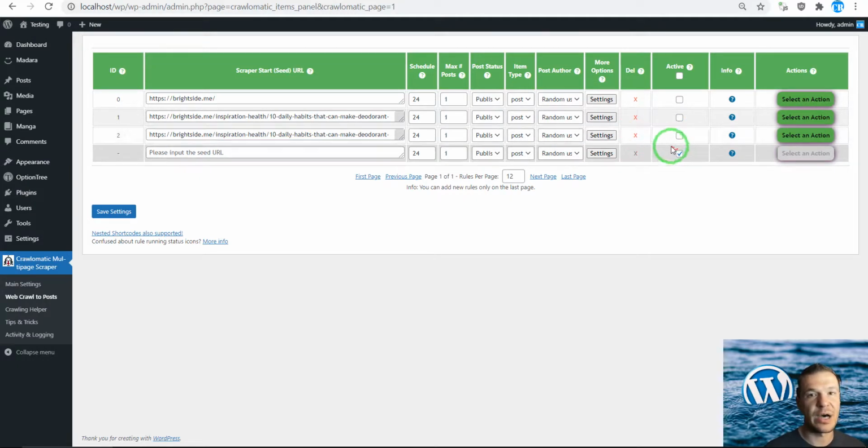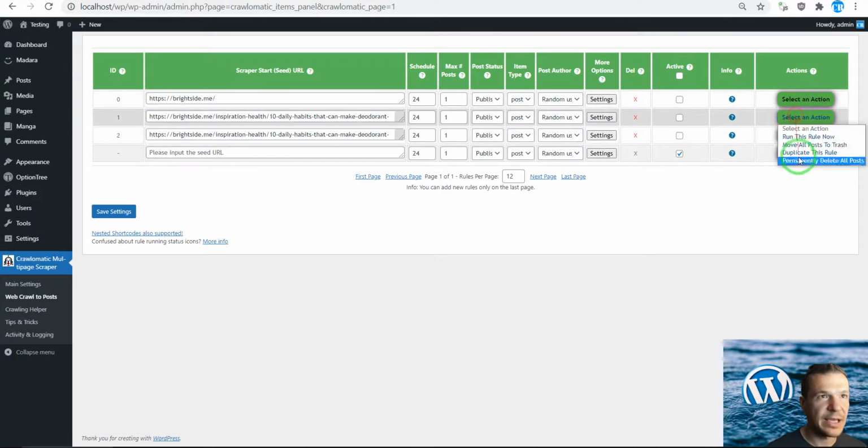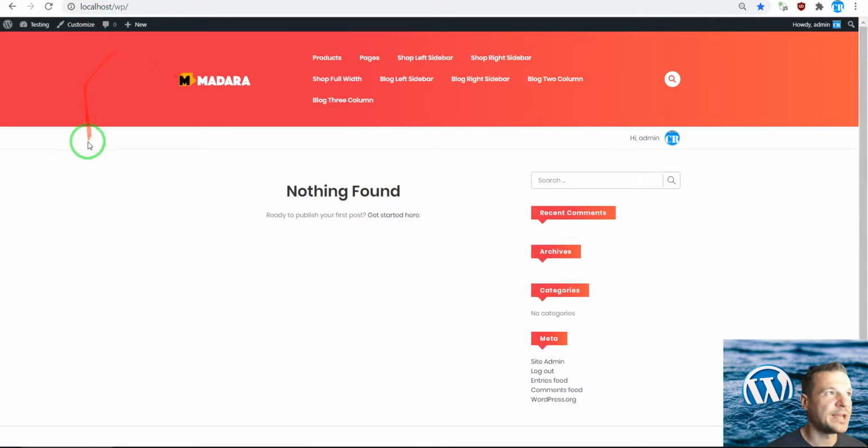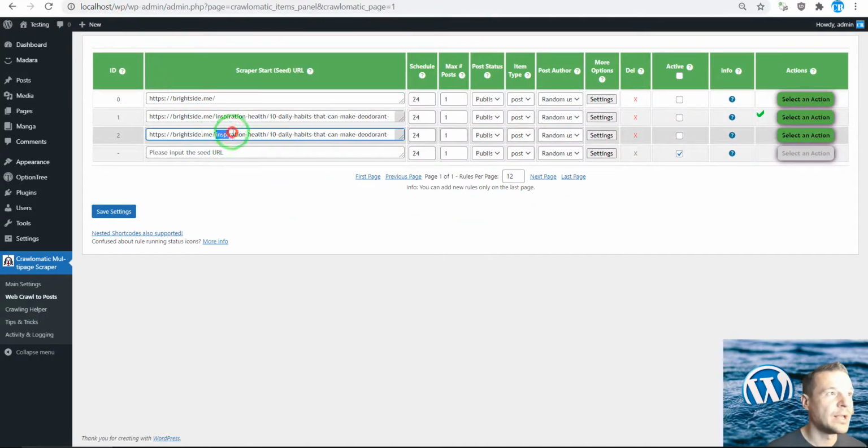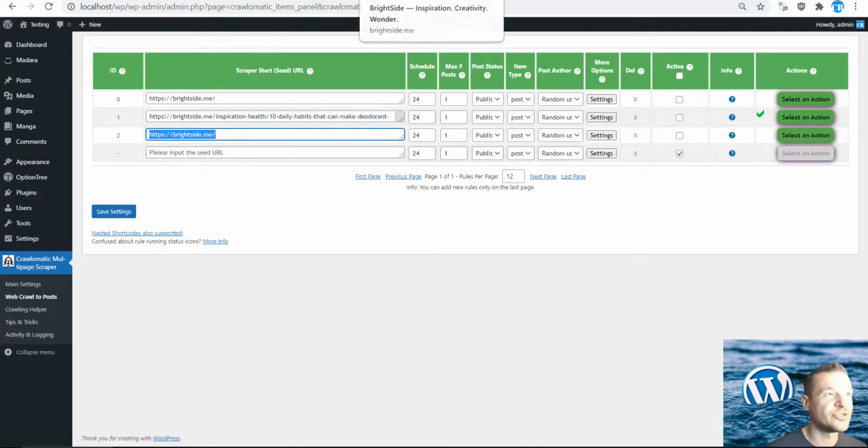So the automatic running will not interfere with this testing. You should leave this at active if you want to run at a schedule you're importing. And also remove the post that was imported so we can check things again. So now let's delete the part that we don't want and leave only the home page of the post of